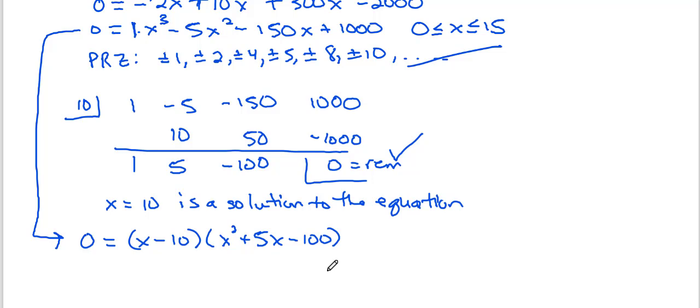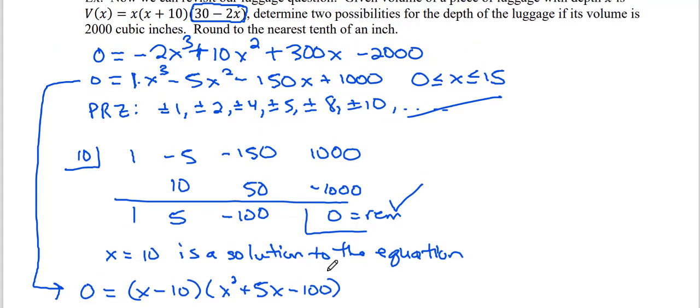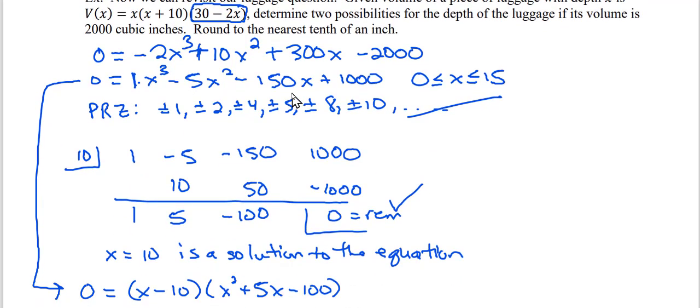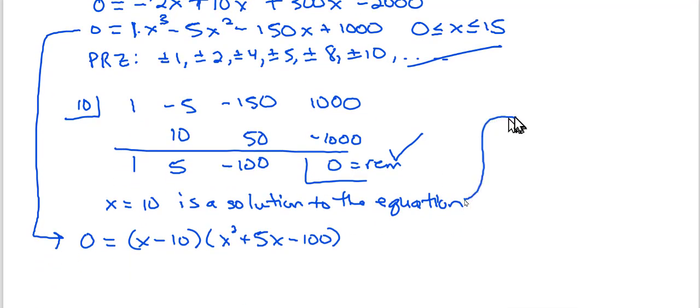There's no two numbers that multiply to give me negative 100 that add up to 5. I'm going to use the quadratic formula on that last part. Remember, I'm looking for two solutions. Before I do that, to find another solution, it says find two possibilities. This one right here is going to give me the luggage